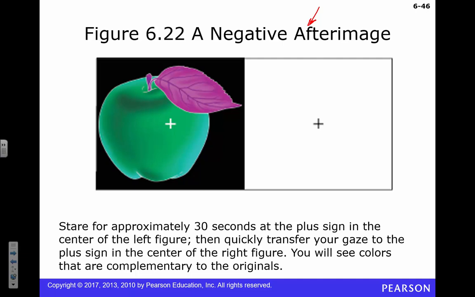The reason this happens is, while you're staring at this apple, you're staring at this large patch, right? While you're staring at that, what's being activated? All of those medium wavelength sensitive cones, all of those green sensitive cones, right? What happens after you stimulate these green cones for an extended period of time? They become fatigued, right? And so when you shift your gaze over here to the white, the green is no longer active because they're tired, and all that's going to be left over is red. If those red cones are just randomly active where they normally are, you're going to get some red input, right? So instead of red actually increasing, the red just looks more powerful because the green looks worse, right?